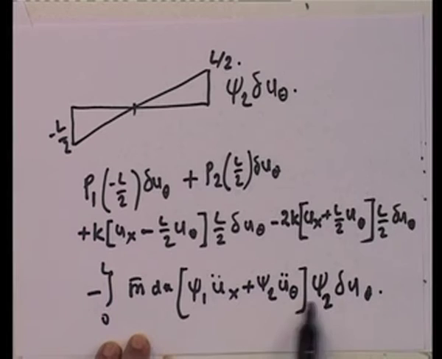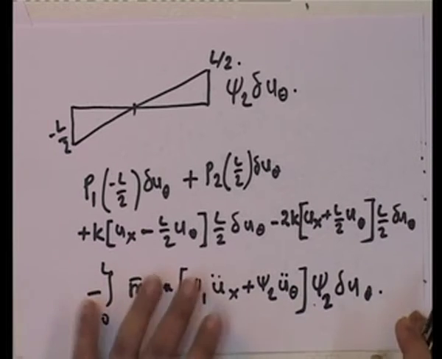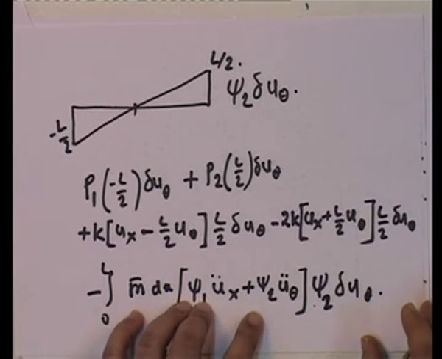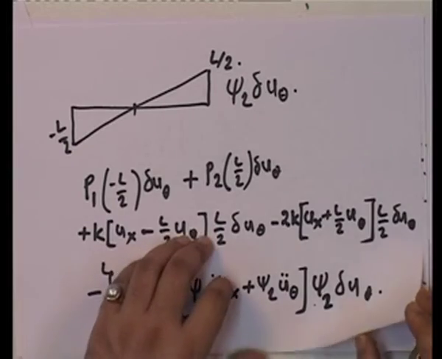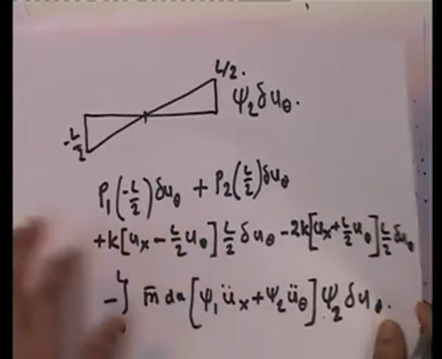So, here you get xi1 xi2 integrated. We know we have already evaluated this in the last equation. So, if I put that in, I get the following: